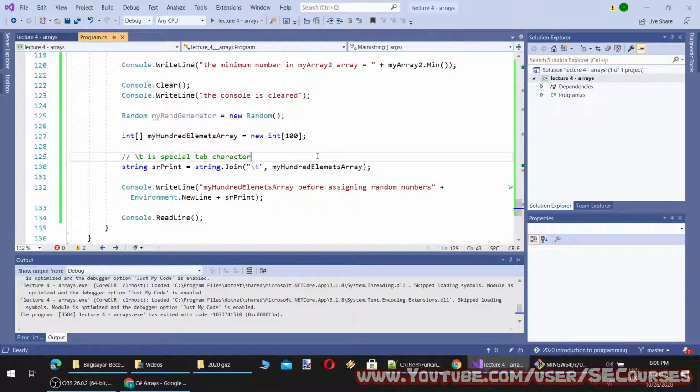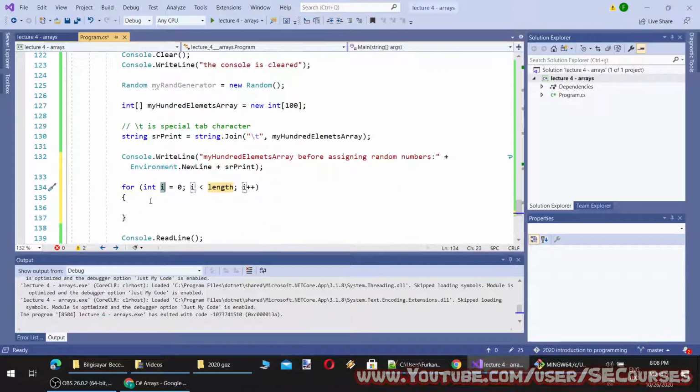So with a for loop, I can assign every element a new value. Okay, so how am I going to do that? How did I write it automatically?